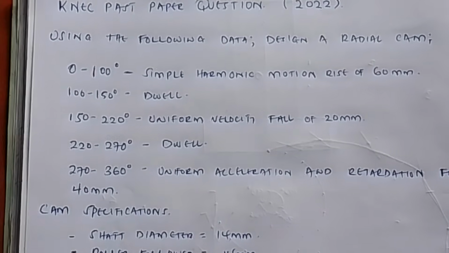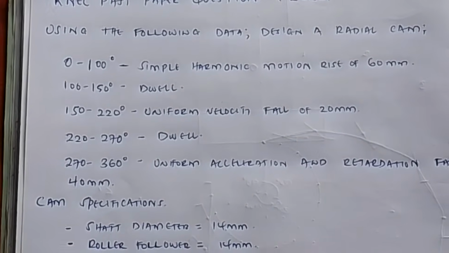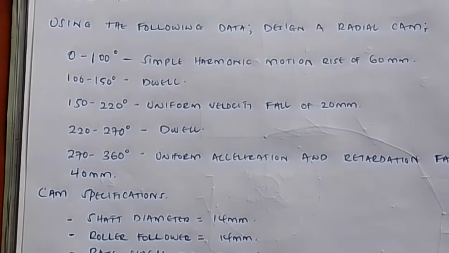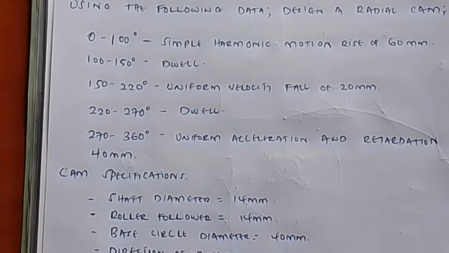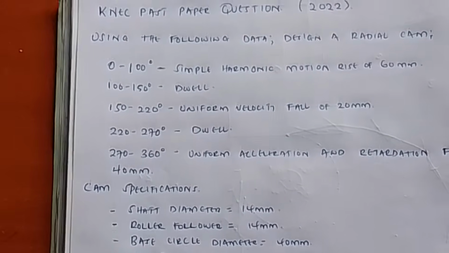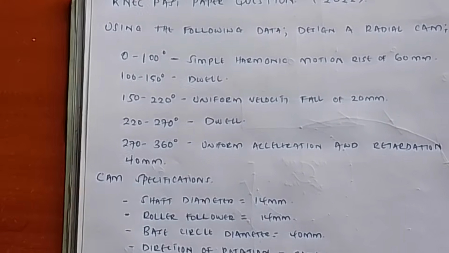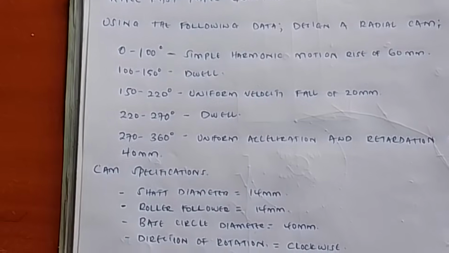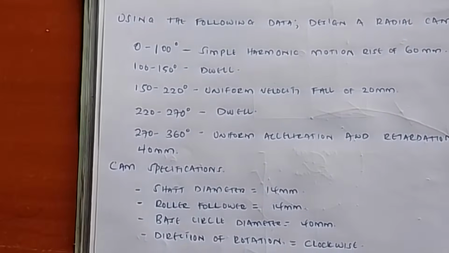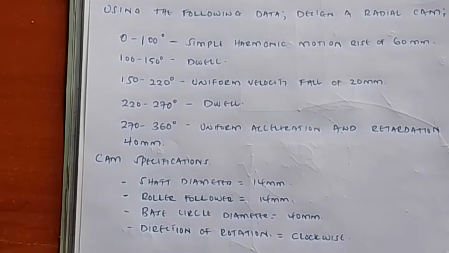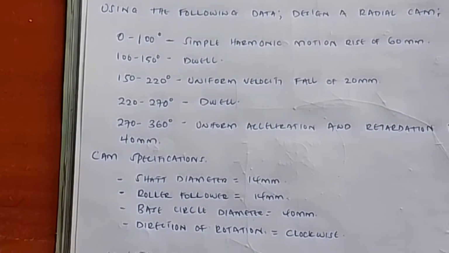I told you there are two types of cams: a cylindrical cam and a radial cam. So we are supposed to design a radial cam with the following specifications. From 0 to 100 degrees, it is simple harmonic motion rise, an outstroke. From 100 to 150 degrees, it is dwell. That is 50 degrees. Then from 150 to 220 degrees, there is uniform velocity